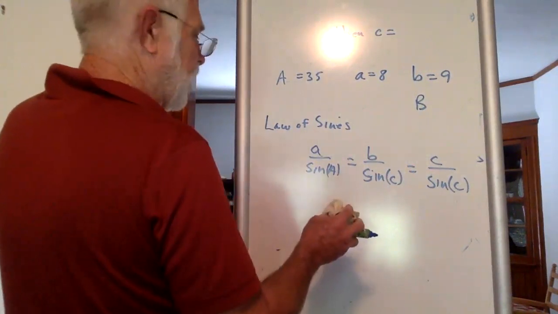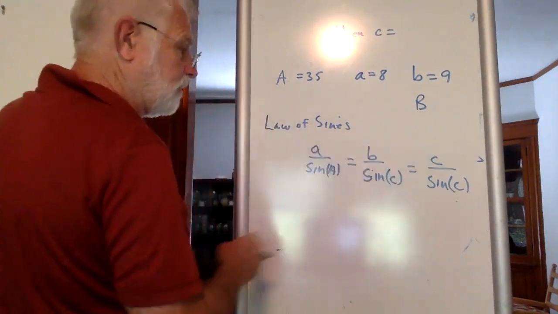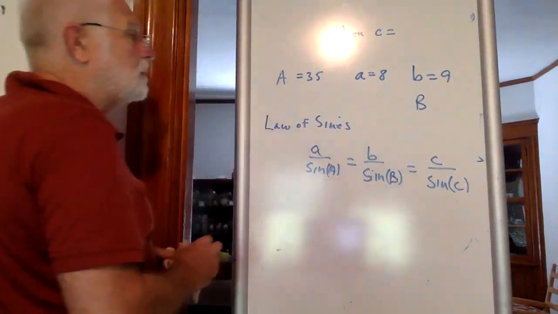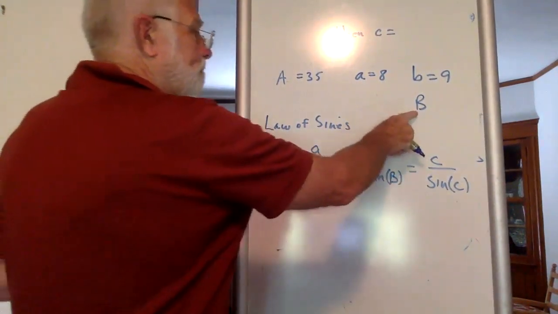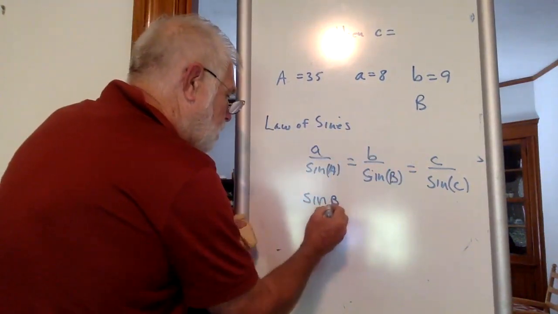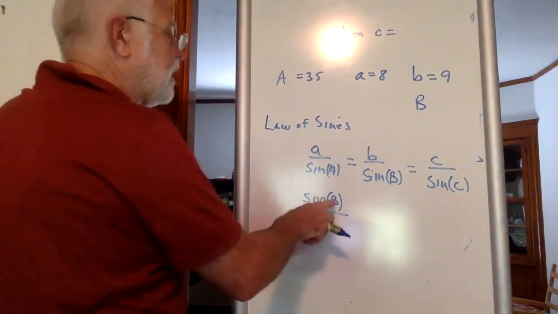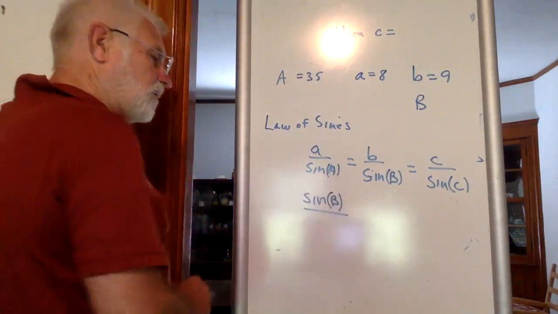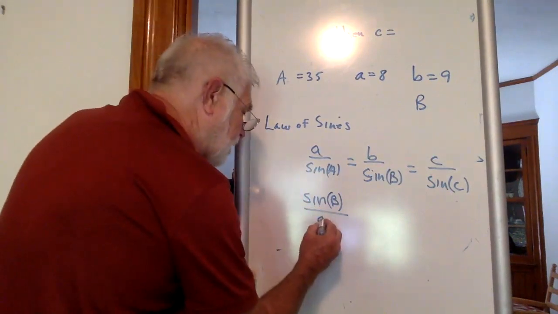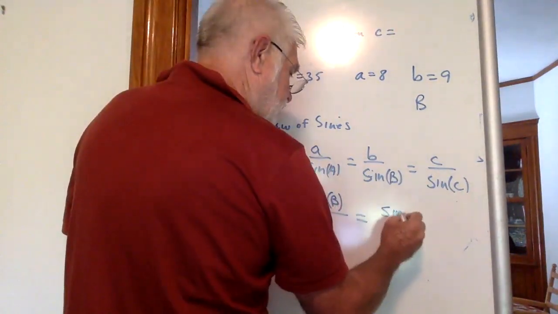So law of sines says I'm trying to find big B, which is an angle, right? So I am going to do the reciprocal. Why did I write C? I'm trying to hurry, that's why. All right, so I am going to put sine of B in the numerator of the first fraction. It's just mechanically easier to do. The sine of B, that's my unknown. I always put my unknown in the numerator of the first fraction. The sine of B compares to 9 the same way that the sine of 35 degrees